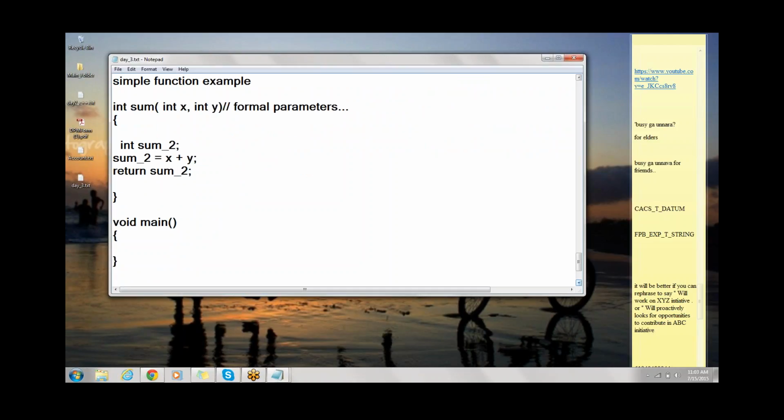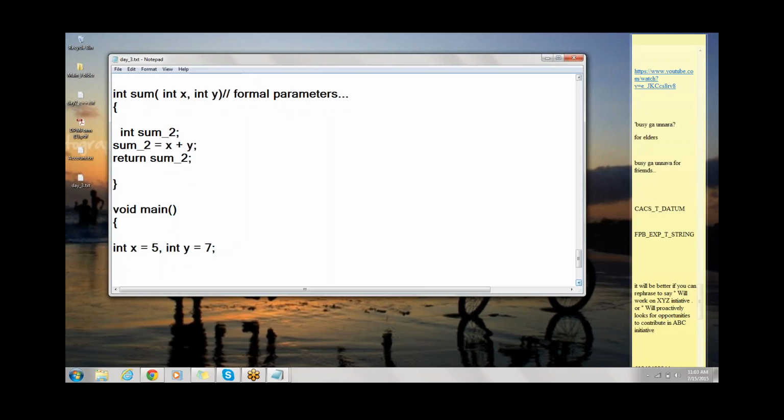what I'm trying to do here is I'm just using the same thing, integer x, comma, integer y. And let me just initialize the value here only. Integer x, which is equal to 5, integer y, which is equal to 7. I'm assigning these two values. Now I'm just calling this function sum, and I'm passing x comma y,